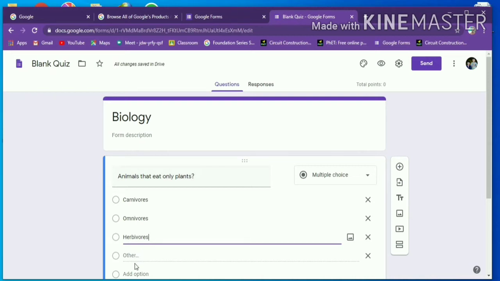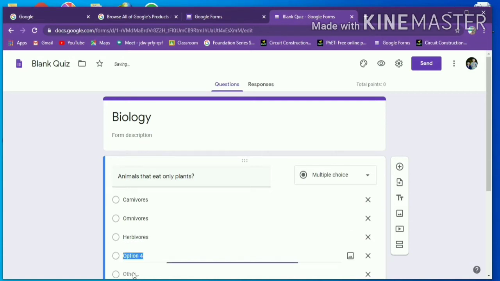Then again I am going to add option and again click the add option. I am going to type none of these. Now we have 4 options.